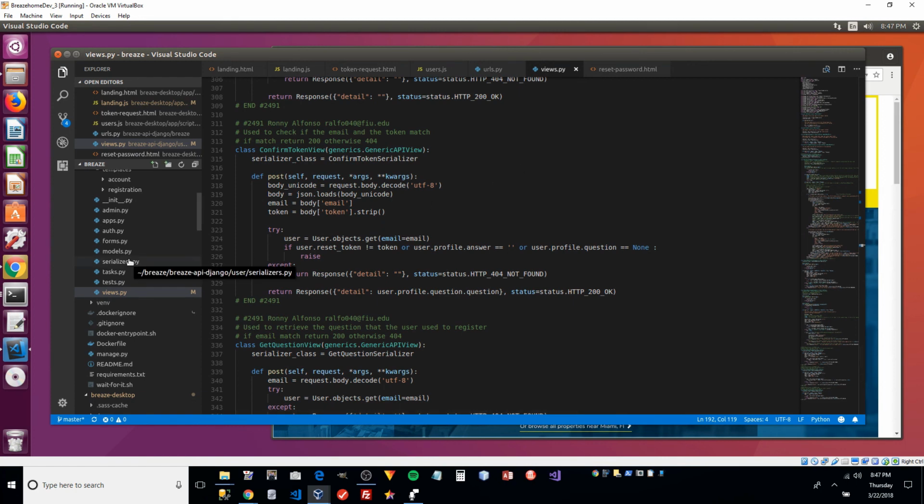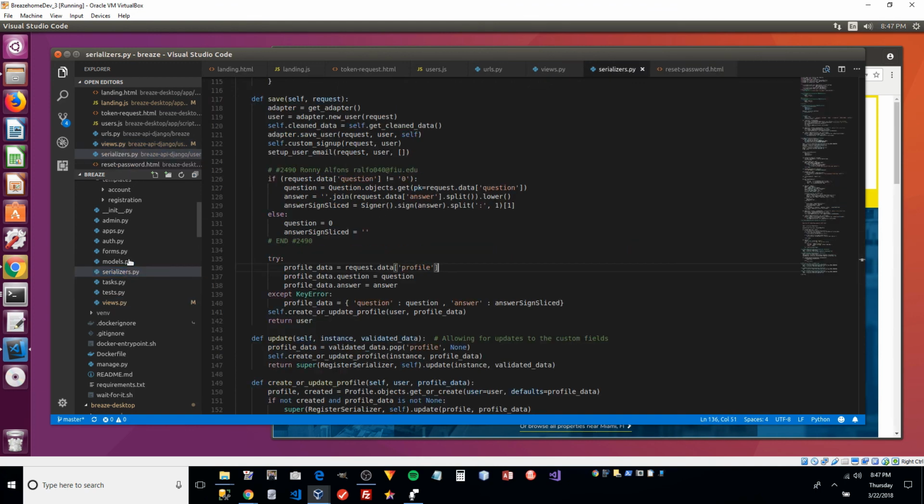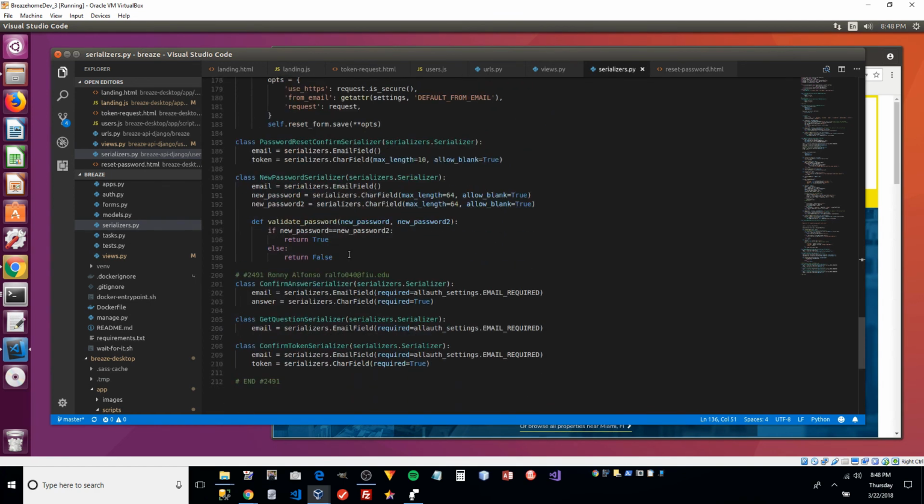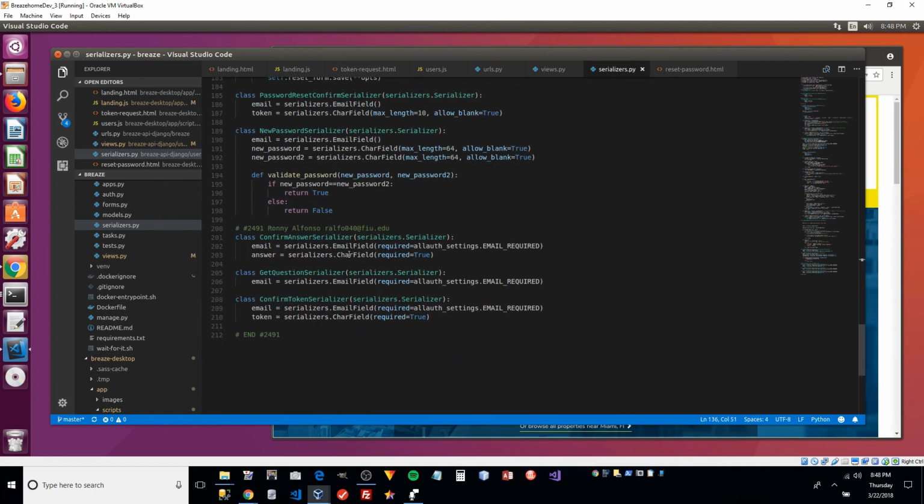The first thing that we do is initialize the serializer. The serializers are the ones in charge of translating the data into a JSON file, and the JSON file into data. So we have like a bridge in between the database and the data that needs to be sent to the front end. For the confirm token serializer, we have only the email and the token. So let's go back to the view,